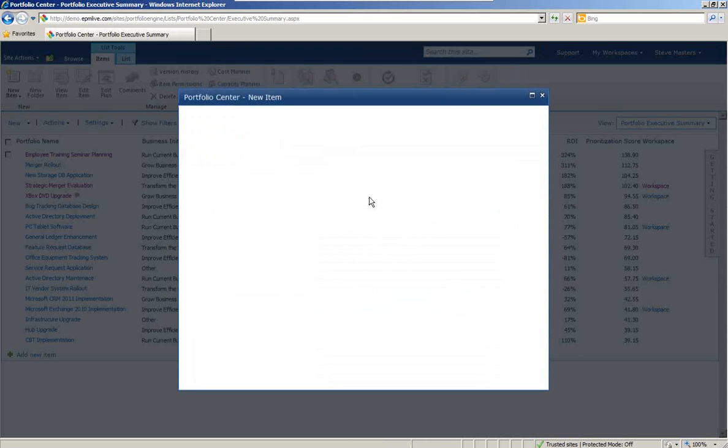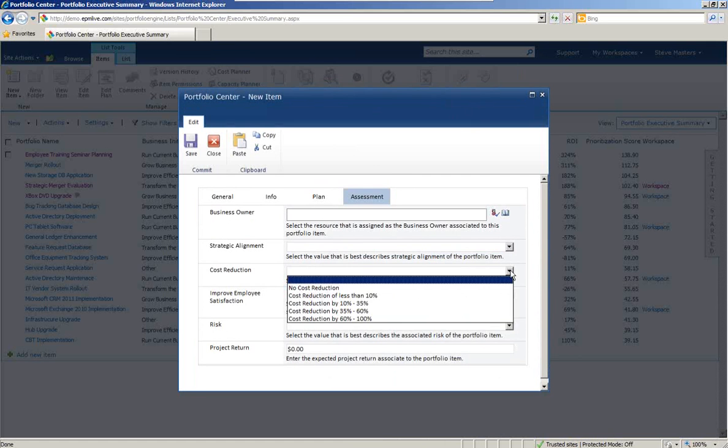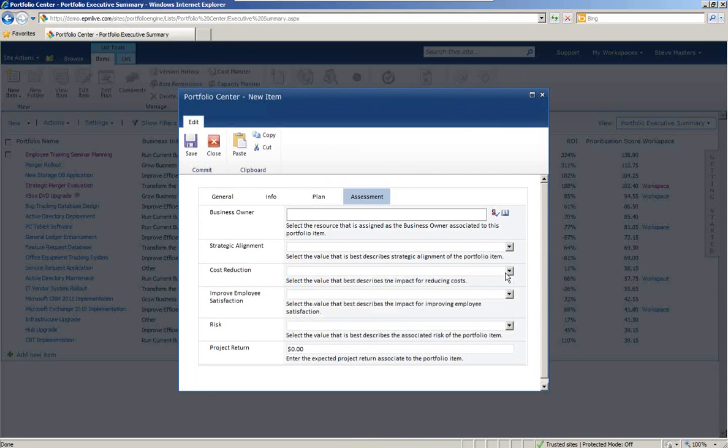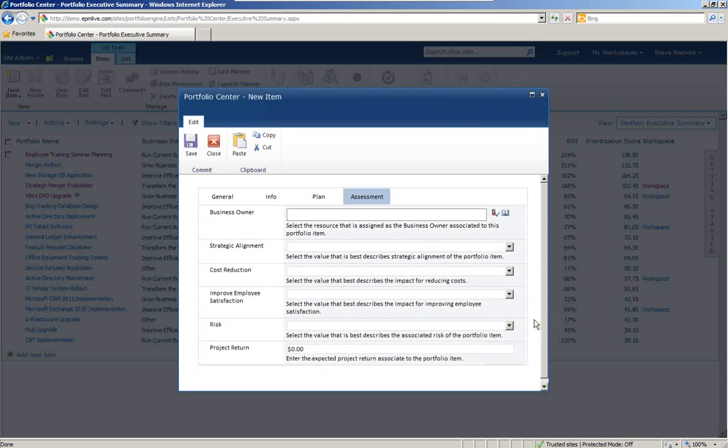And also some more advanced information on how you might want to rank these projects, like how well it aligns with corporate objectives. What type of cost reduction might we expect to get out of this project? Will it improve employee satisfaction? Is there risk associated with it? And to what degree are we taking on risk if we do this project? And by the way, here's some examples of what we provide out of the box. But if you have other criteria that you use to score projects, we can add these very simply and very